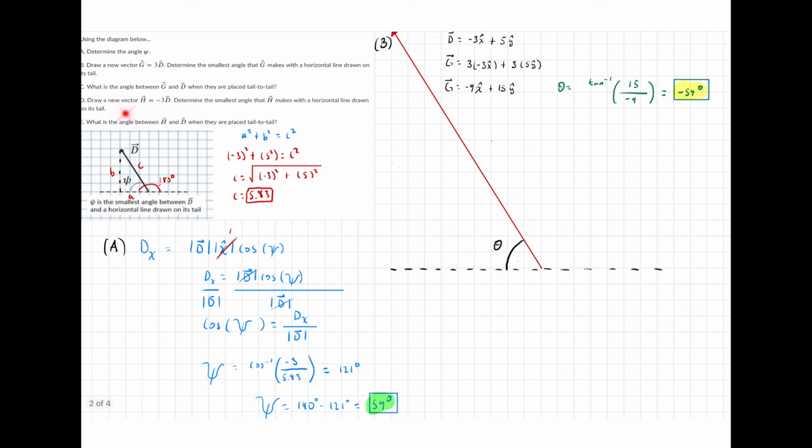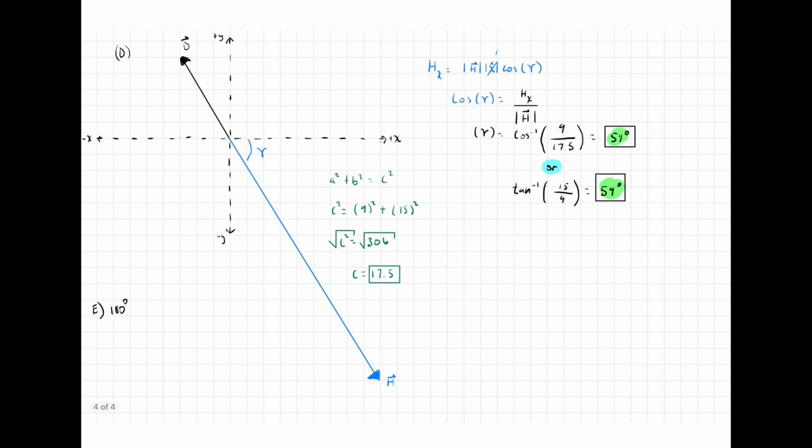Now on to the last few sections here. We're asked to draw vector H, which is pointing in the opposite direction of D, and then find the smallest angle, which will still be 59 degrees. It's just pointing in a different direction, but the angle hasn't changed. And since they're pointing in different directions from each other, part E is asking to put vectors D and H tail to tail. They're in completely different directions from each other, so the smallest angle between the two would be